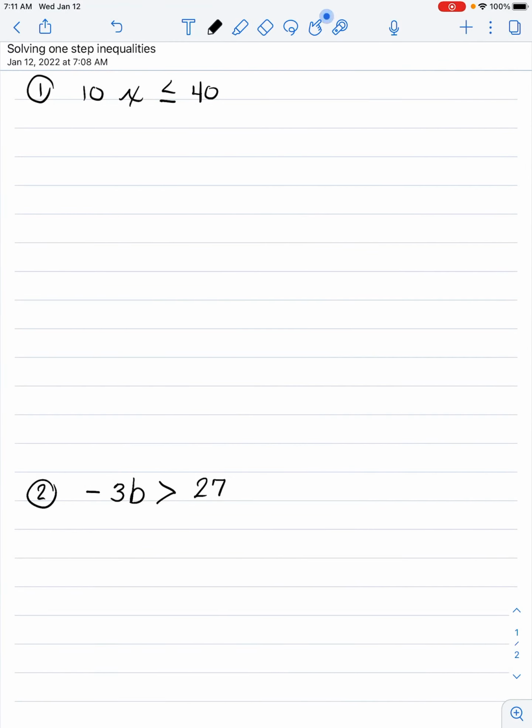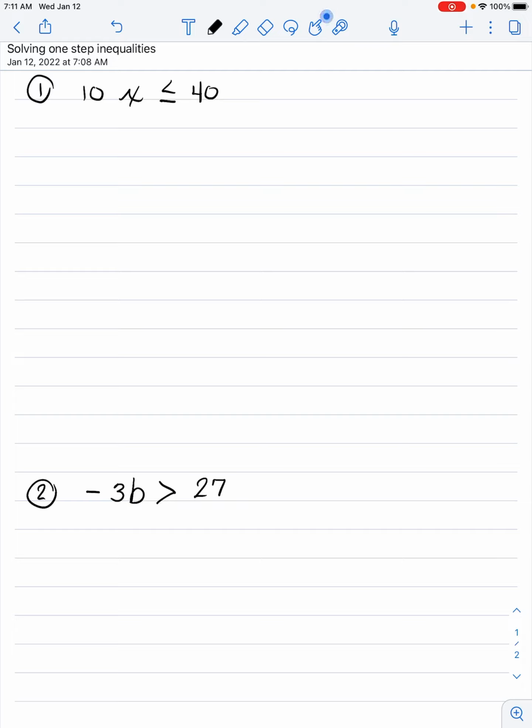Solving inequalities is almost exactly the same as solving equations, with one important difference, which we will see in our example 2. First, let's look at example 1. These are one-step inequalities, and what that means is we're doing one operation, which when we solve, we are going to have to use the inverse. So if we look at example 1, we have 10x is less than or equal to